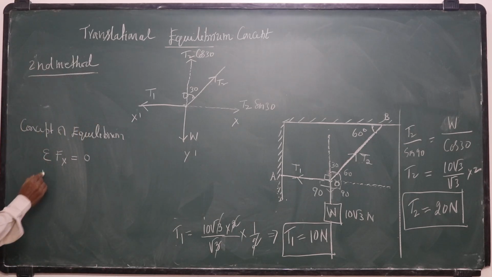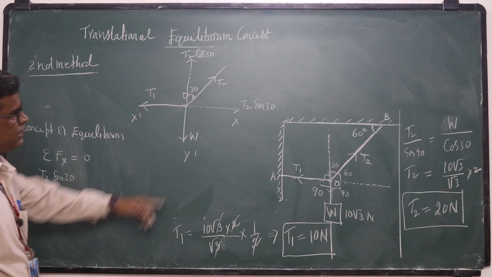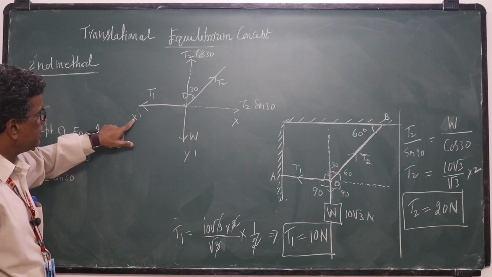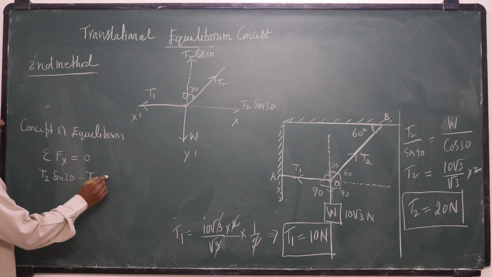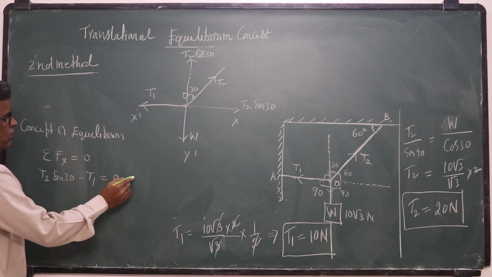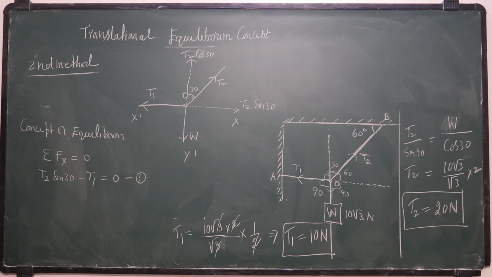T2 sin 30 is the x component. This is the minus x component, that is minus T1, is equal to 0. You call it equation 1. From this equation we have T1 is equal to T2 sin 30,